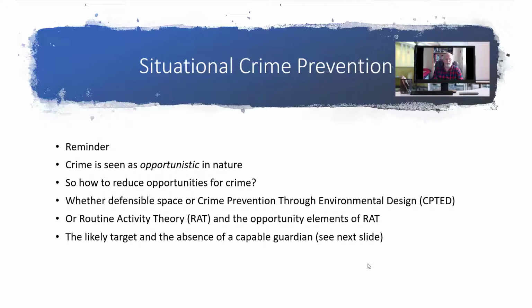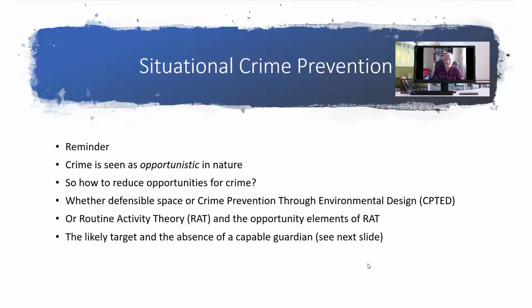Like I said, situational crime prevention is seen as opportunistic in nature, so how do we reduce those opportunities for crime? Also with routine activity theory, which is an explanatory theory of crime, we ask where we can identify the different elements. I've also brought in this notion of using routine activity theory almost as a diagnostic tool, where we might